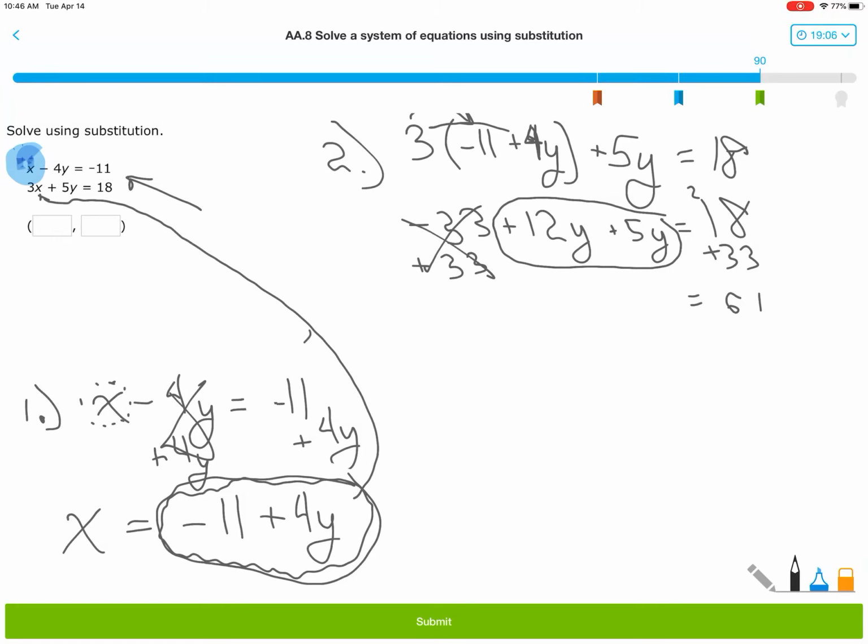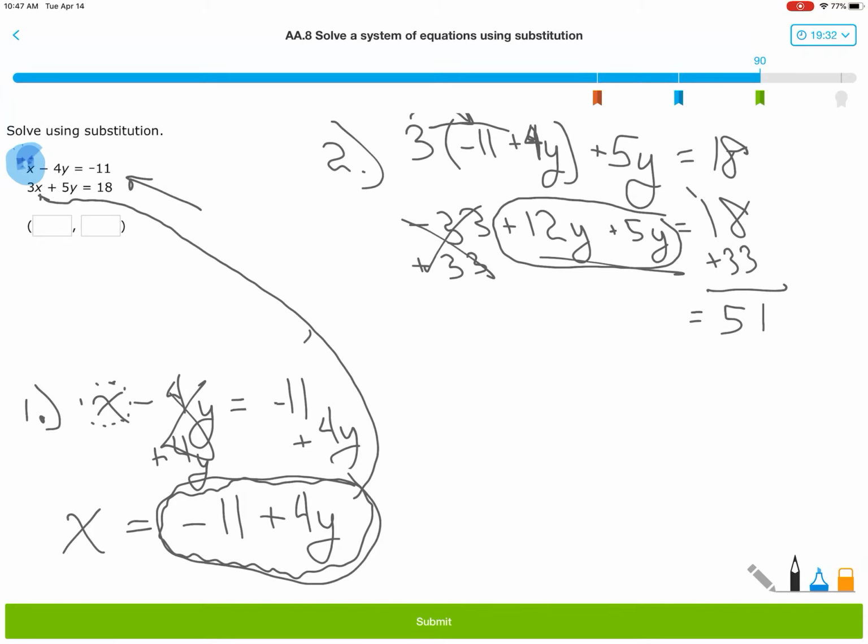So I get 30. Whoa, I added that way wrong. I'm going to add 33, maybe I didn't, 8, 9, 10, 11, 51, there we go,